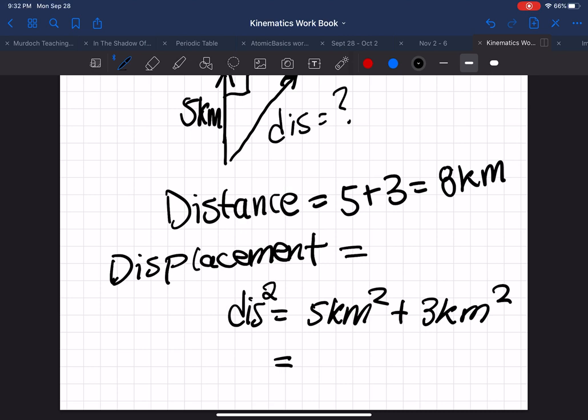Okay, everyone should have got a displacement of 5.8 km. And we can say that he traveled northeast. Okay, how did we get that? Again, when you square Pythagorean